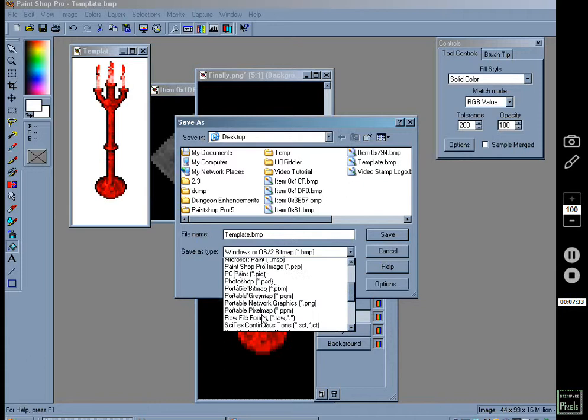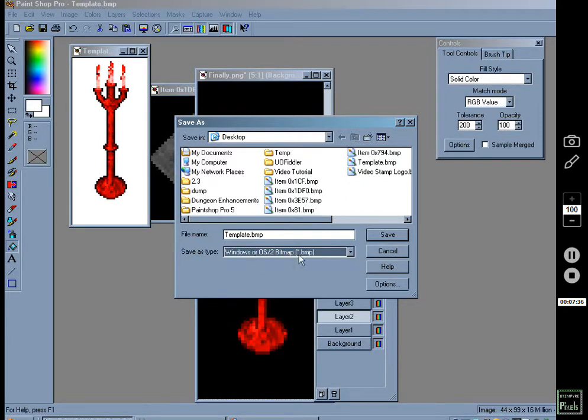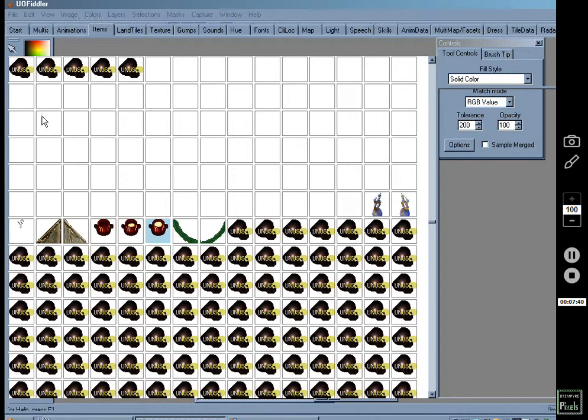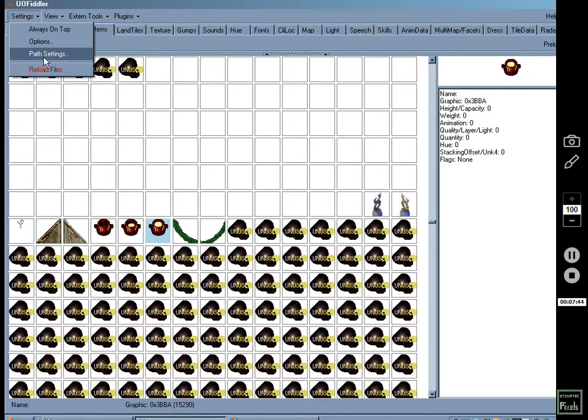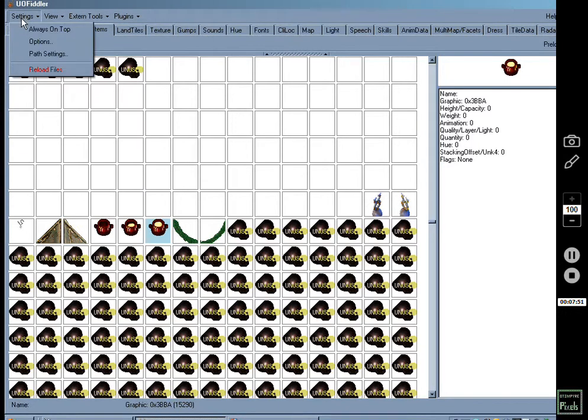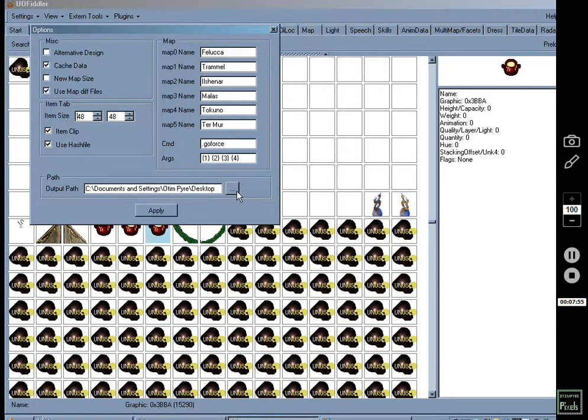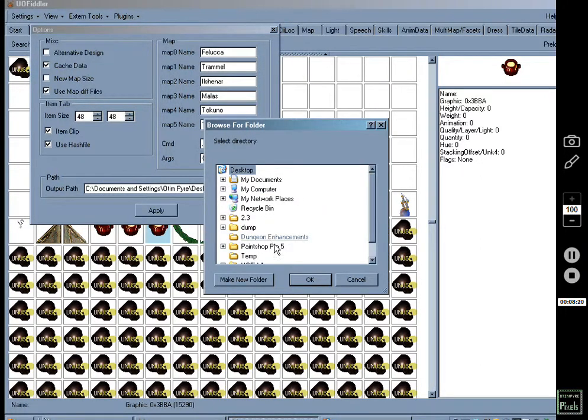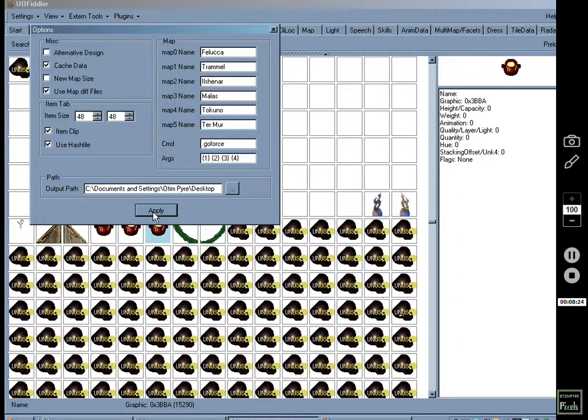Your tool will have a selection of file types here. Save as bitmap, and then you would go to UO Fiddler. Of course, if you don't know how to do it, you have to set up your path settings pointing to your UO directory, the one you're modifying, and your output folder. When you extract images, by default the output folder is hidden. You have to go to your folder options and reveal it. It's underneath application data, UO Fiddler, but usually I just create a project folder, like a new folder on my desktop, and you can manually point to the directory, like dungeon enhancements and that sort of thing. Right now I just have it on desktop,